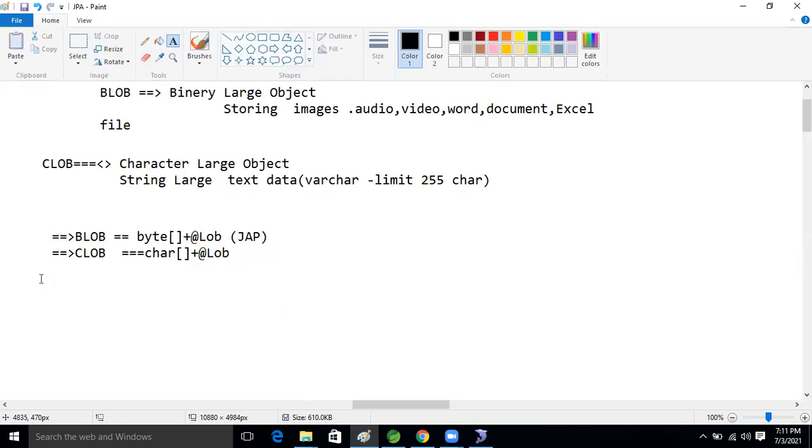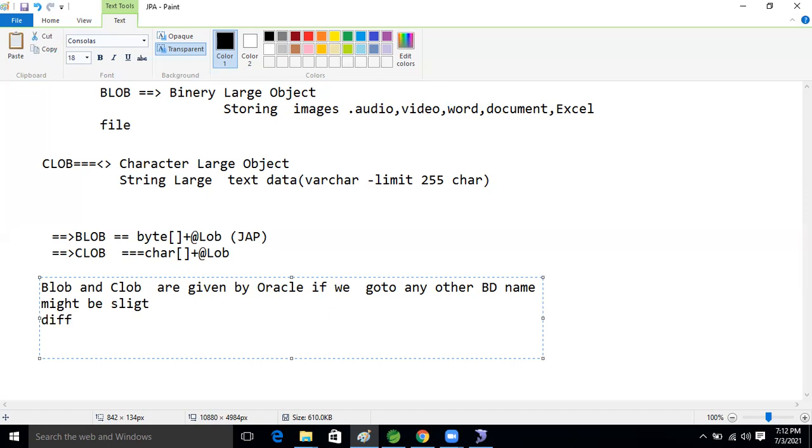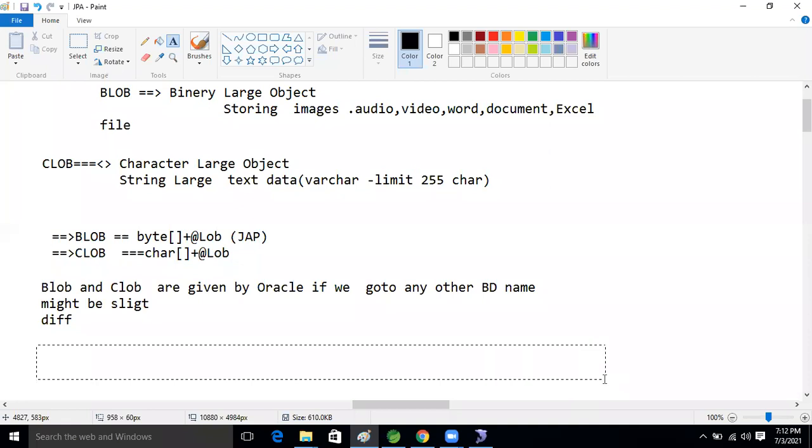Blob and Clob are given by Oracle. If we go to any other database, the names might be slightly different, but no worry about that, our Data JPA will perform.